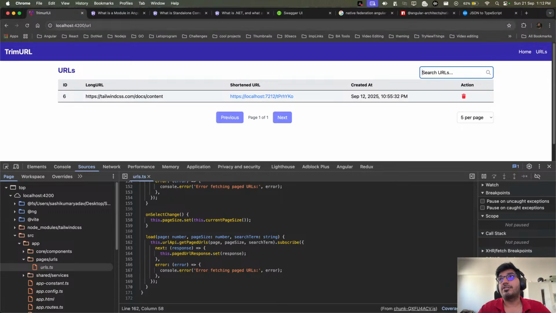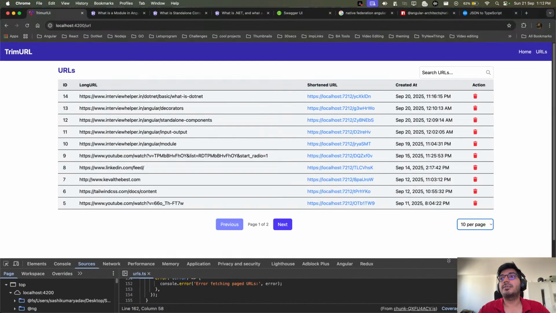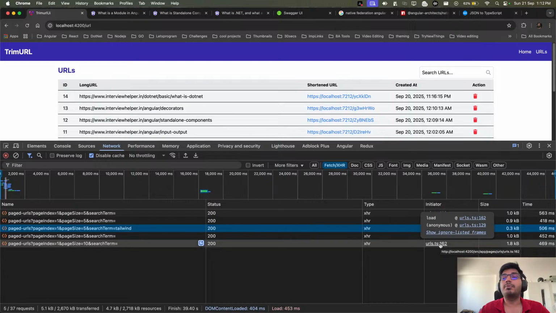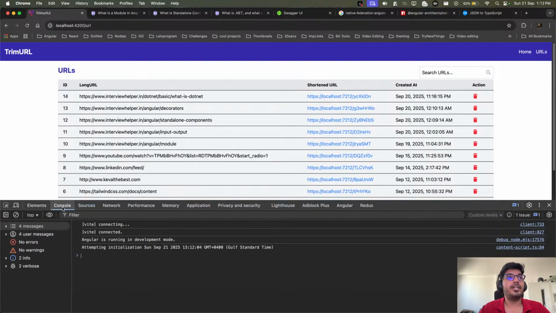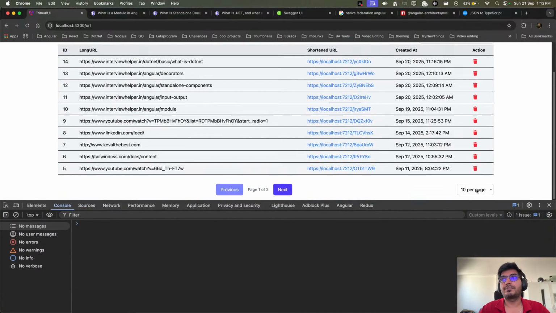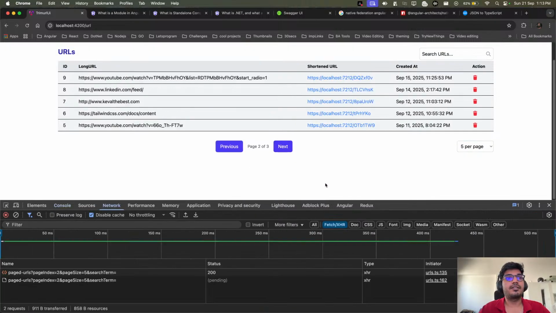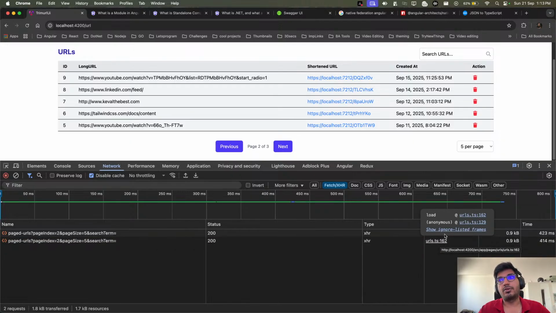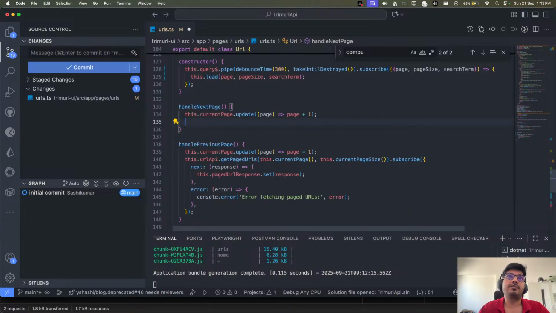Let's also check what if I change the page number. Does it still work? If I change the page number, can you see it still works? And if I go in the network tab, can you see again it is calling from line number 162, which is what was expected. Now I also need to check if I do next. Again, let's go back to 5. If I click on next, can you see what happens? Again there are two calls, one is 135 and one is 162. I only want the 162 call, not the 135. So I can go on line number 135, and again this can also be removed.